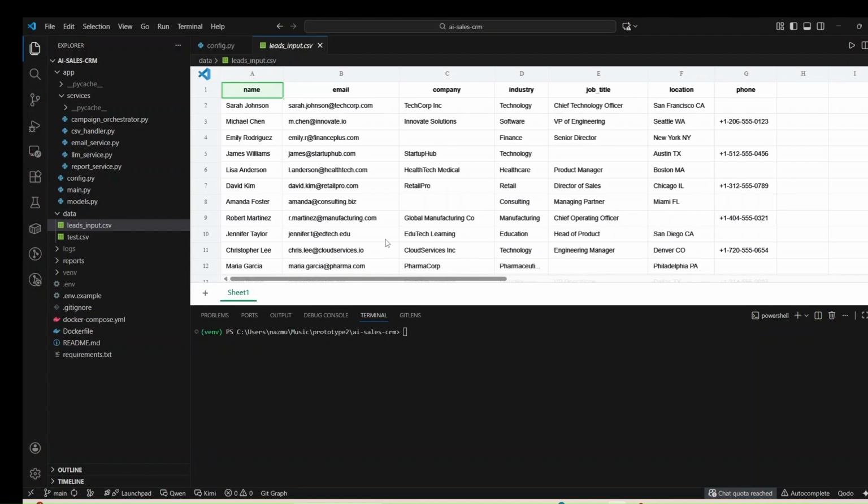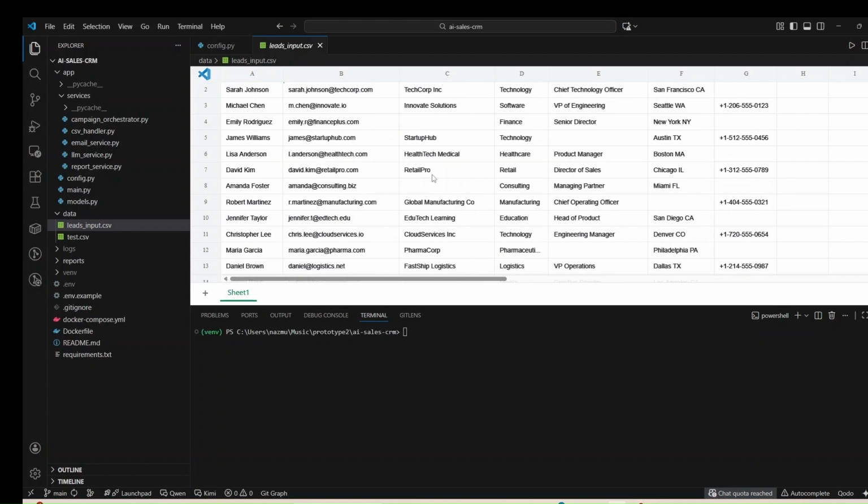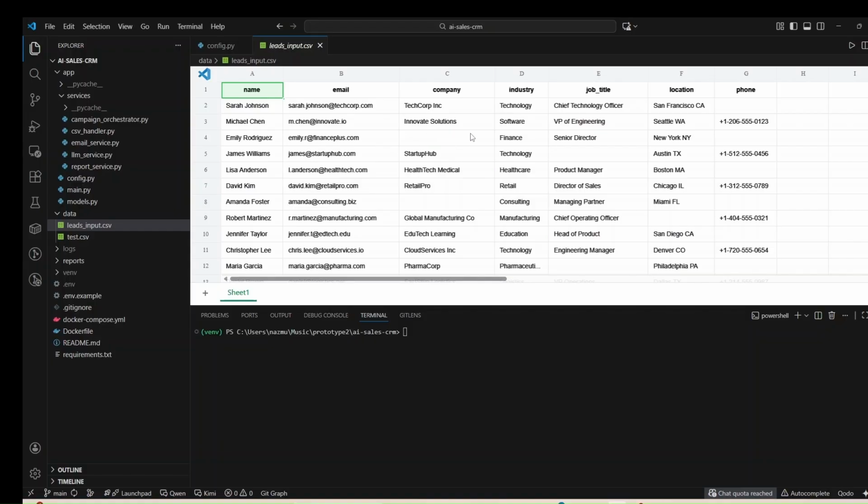To replicate the real-world scenario, where many fields can be empty, I kept many fields empty. There are 7 fields: name, email, company, industry, job title, location, and phone.